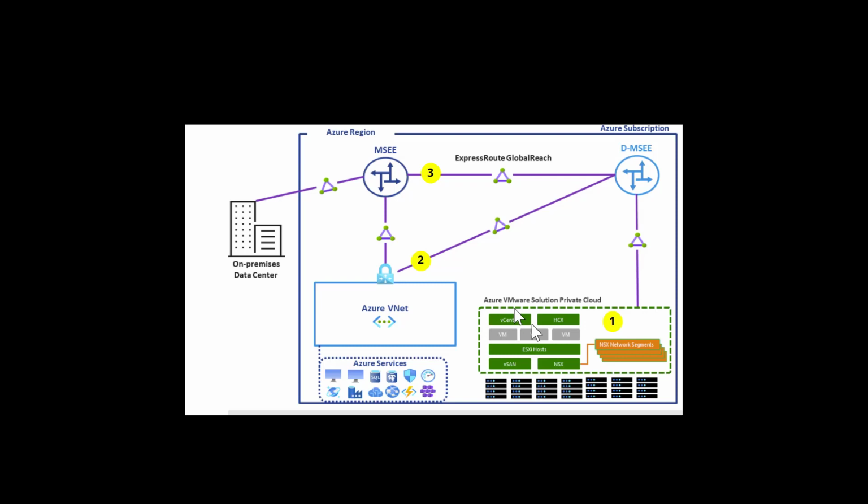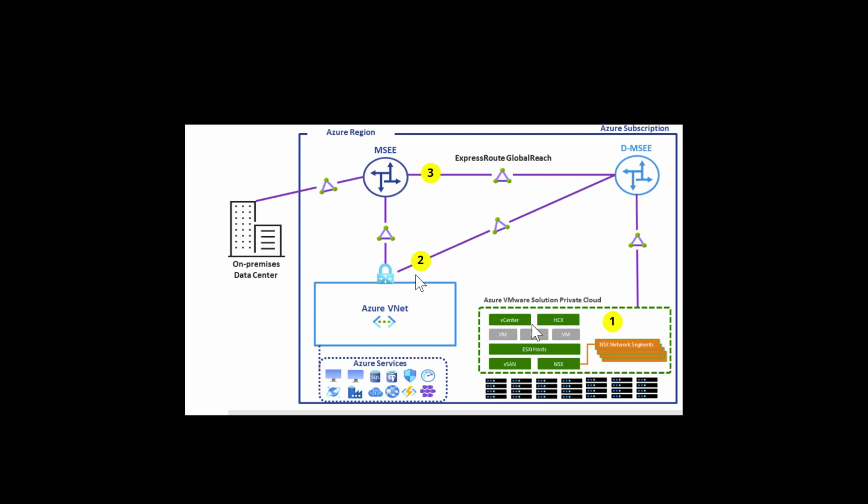What we now need to do is set up the networking so Azure VMware Solution Private Cloud connects to the Azure backbone. And how it does that is by building an Express Route to an Azure VNet. Additionally, Azure VMware Solution needs to communicate back to the on-prem environment, and it's going to do that via Global Reach, which effectively is like cross-connecting the Express Route coming from on-premises and the Express Route coming from Azure VMware